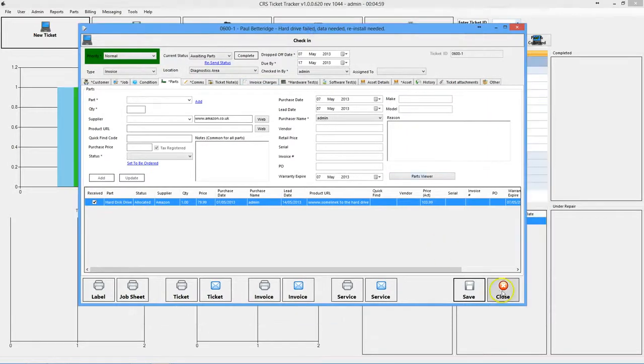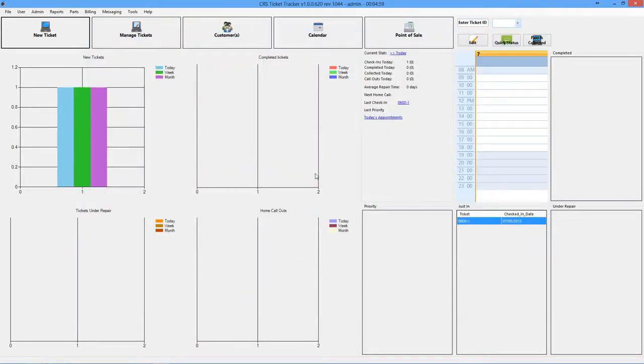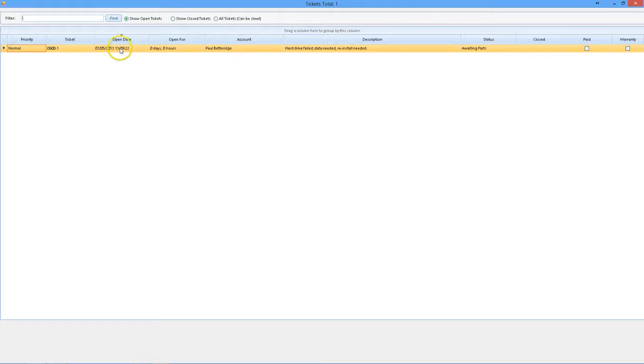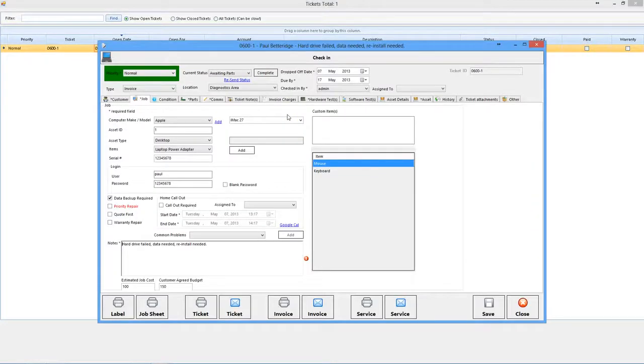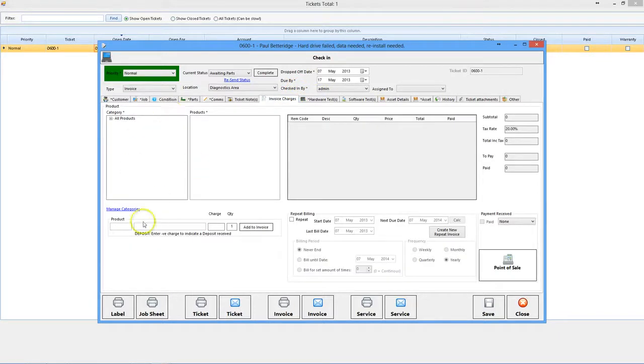So now, assuming the customer comes in and they've paid you for the repair and you're happy to go ahead, you can either go into manage tickets, open up their ticket through here. Just opening up. I'm not using the fastest computer, unfortunately, but anyway, so now invoice charges, you need to specify charges for the